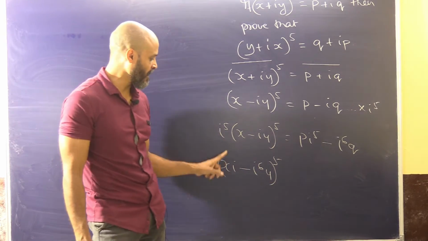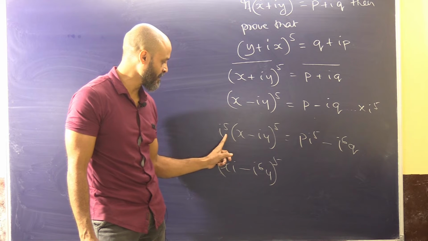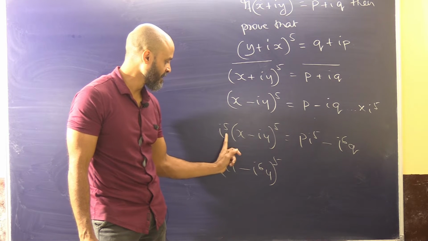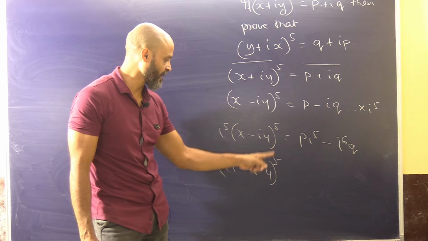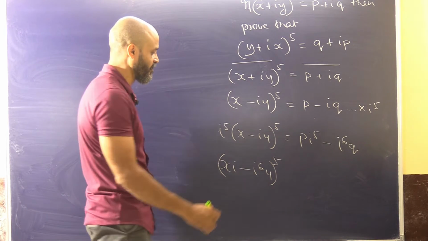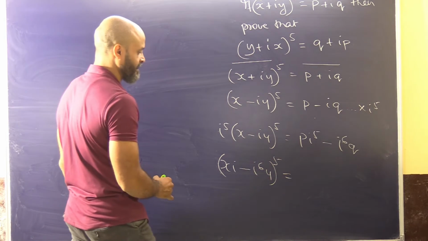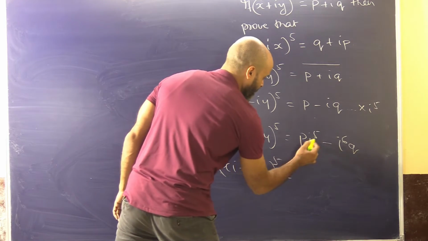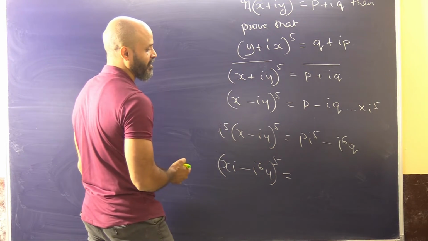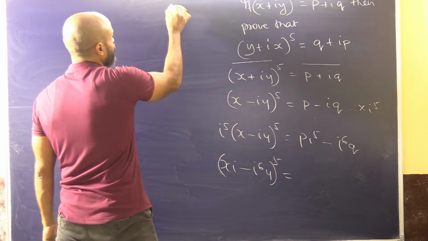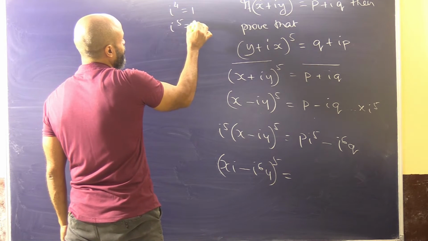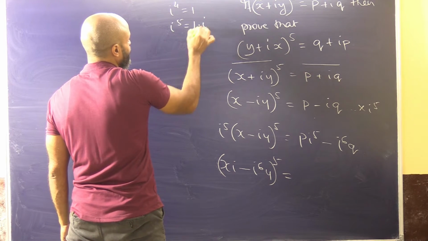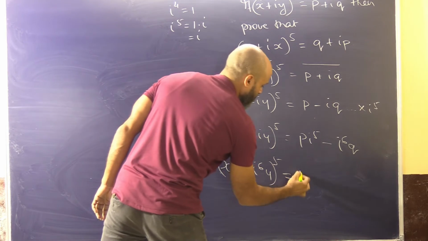Because this is i to the power of 5, it goes inside, so this will be xi to the power of 5. This i, if it goes inside, i into i to the power of 5, so this will be i to the power of 6y is equal to 5, and this will be pi to the power of 5. Now what will be i to the power of 5? Obviously, i to the power of 4 we know is 1. i to the power of 5 will be 1 into i. So that will be i only. So this will be pi.